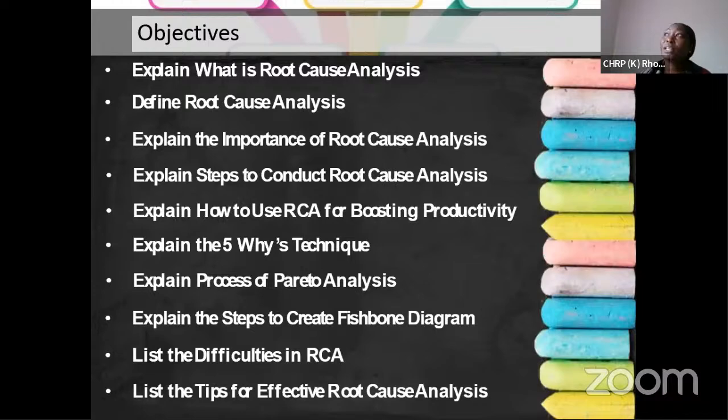Then we will look at what the pitfalls, difficulties and challenges are when you're dealing with root cause analysis. Is it all that easy? What are some of the things that we can avoid? What are some of the things that we can be really keen about to be able to have an effective problem-solving solution? And also, we are going to look at,